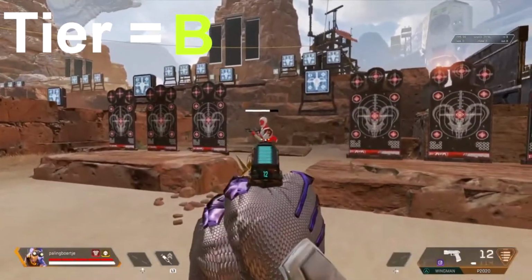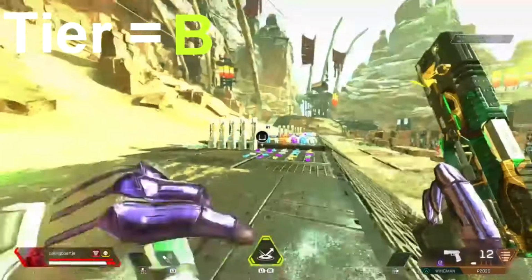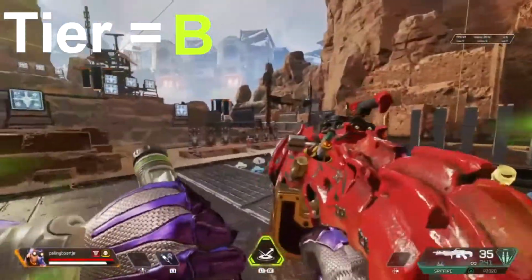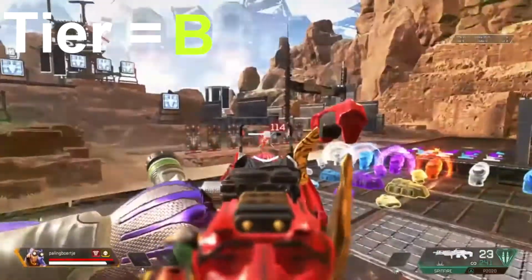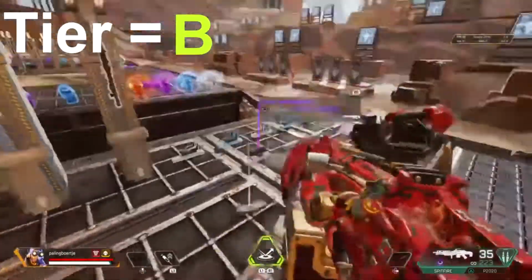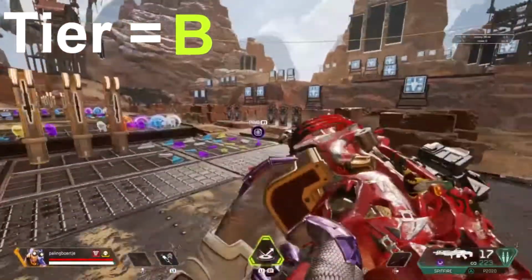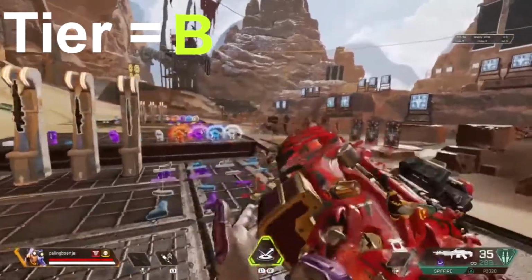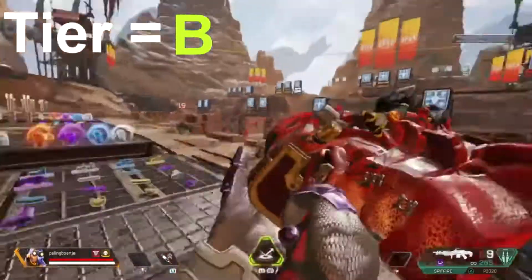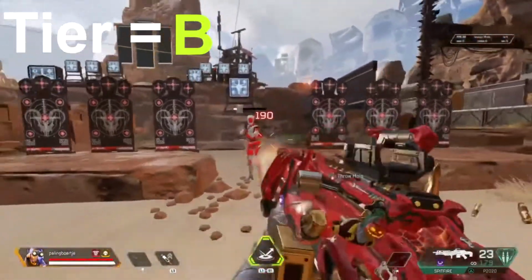Then next up, and this might surprise some of you, I have the Spitfire. The Spitfire is the easiest gun to use in this game, by far. So I would say definitely use it if you haven't. But I think other guns will just outclass it in CQB, for example. I think an R301, a Flatline, R9, they get the job way better done up close, and at long range